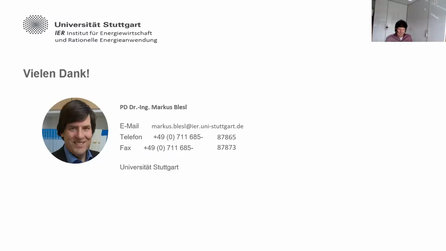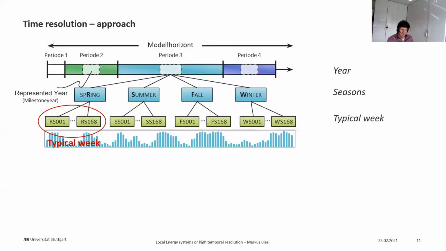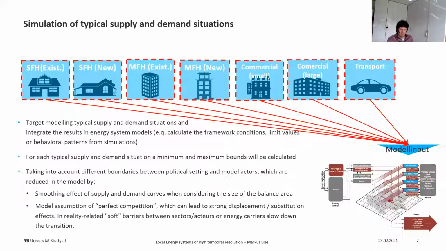What I haven't included in my presentation is that we really have to start a simulation over 1 year, and based on this simulation of 1 year, we identify when and under which circumstances, or what is a typical week for the season,